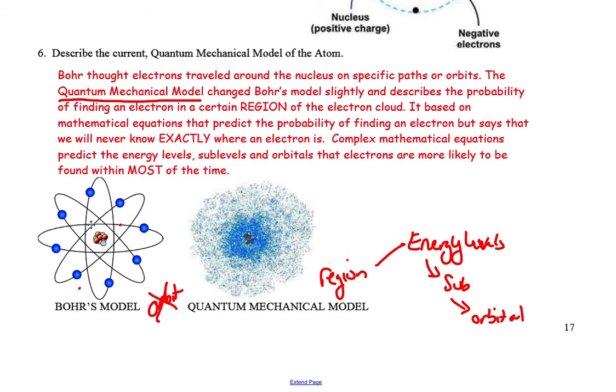Bohr said we know exactly where it's going to be. The quantum mechanical model, all the math that supports it, says that we can predict the probability, use math to predict the probability of finding an electron, but we don't know exactly where it's going to be. And simply looking at an electron is going to end up moving it. So it's not going to have the same properties it had before we got to see it. So we really can't be certain about it. So there's a level of uncertainty